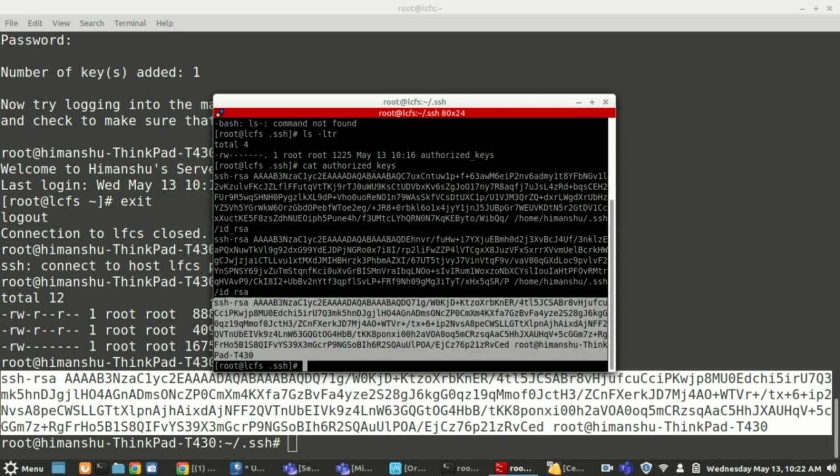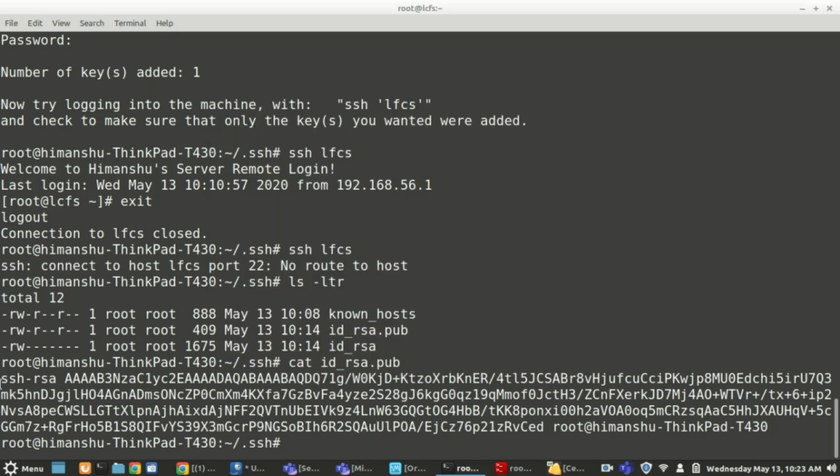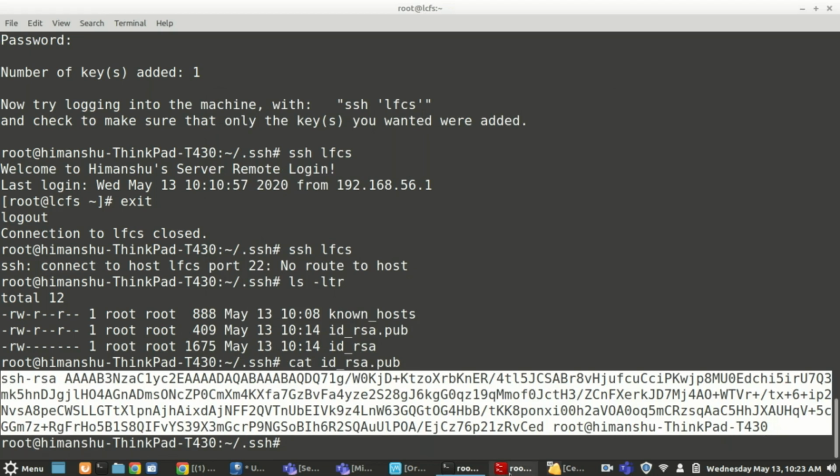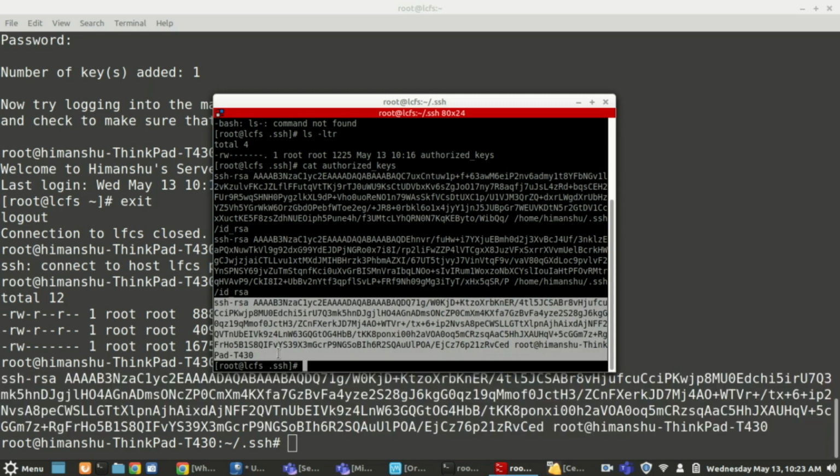This last entry is the same entry of the public key. So there are two options. Either you use ssh-copy-id, or you open this file, copy this content, then go to the target system, open this file, edit it, paste that entry, and save it. That will also work the same way. So to avoid that much work, we directly do ssh-copy-id. It will automatically do the same thing. So that's why this public key is stored in your target system's authorized keys.